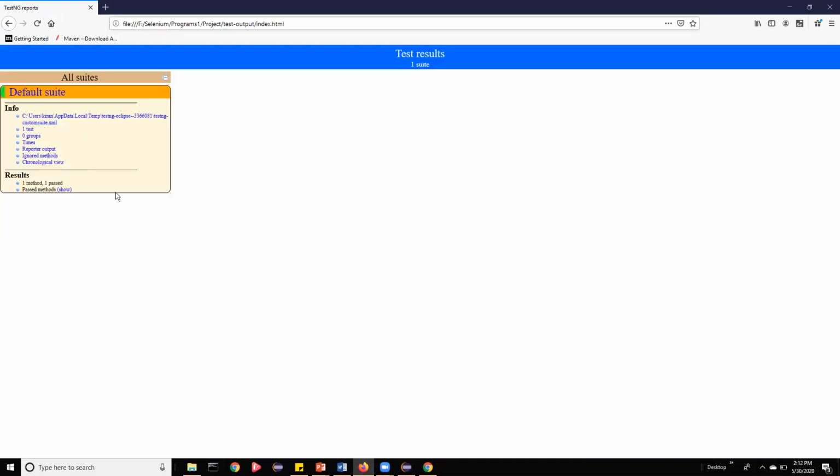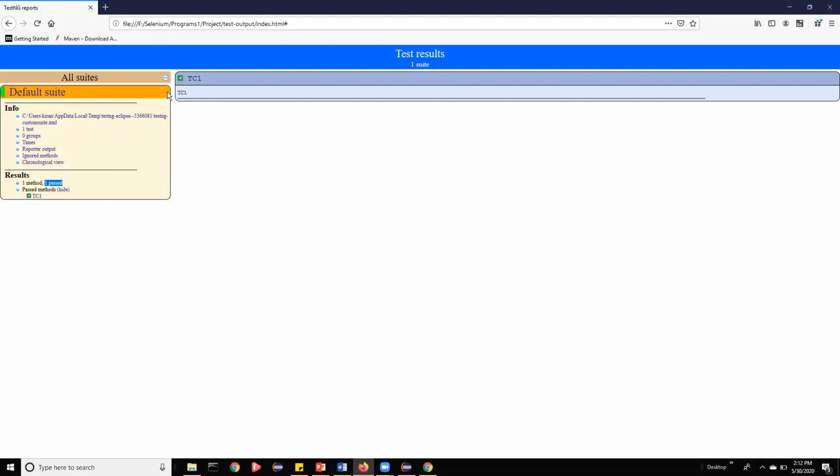You can see here the total methods run. Methods means test cases in TestNG. Then how many passed. If you click on show methods, it will give you which test cases ran. These kinds of reports are very essential for test engineers. That's why we recommend making use of TestNG while building a framework. So we overcome all the problems we saw in a Java project. You can have multiple test cases in the same class, and now you have inbuilt reporting.